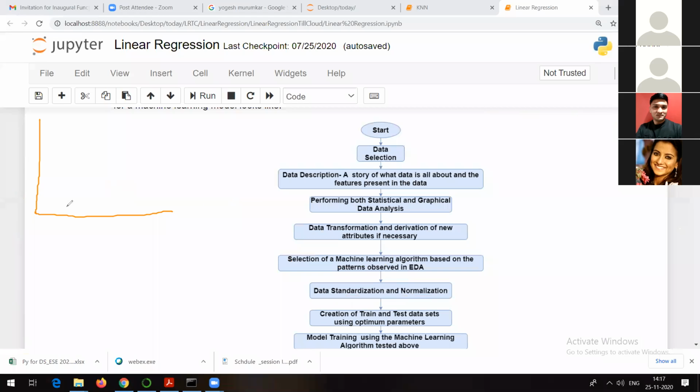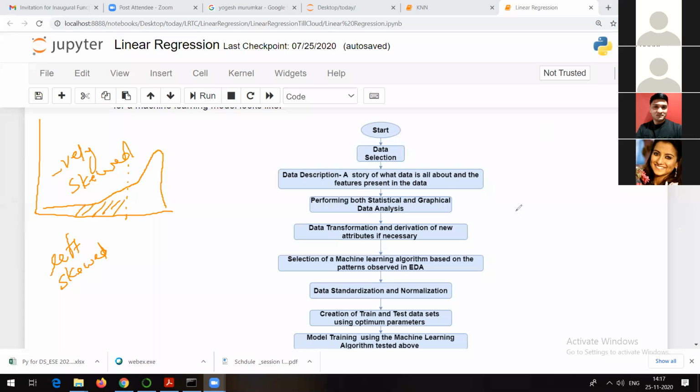If the distribution of the data is something like this, right? It is something like this. So this type of data is not normalized. This is called skewed data, and this is called negatively skewed data, right? Or I can call it left skewed data, negatively skewed or left skewed. So if your data is skewed, you cannot apply the algorithm directly.